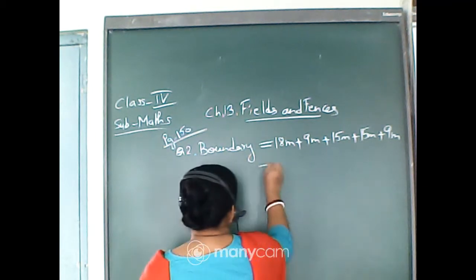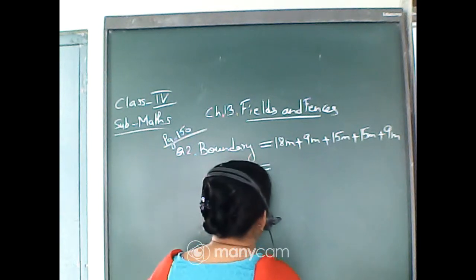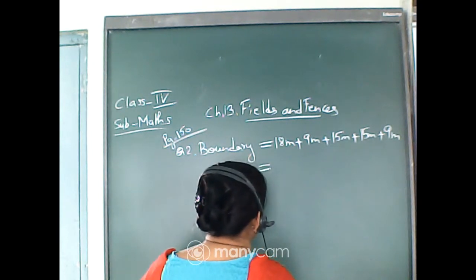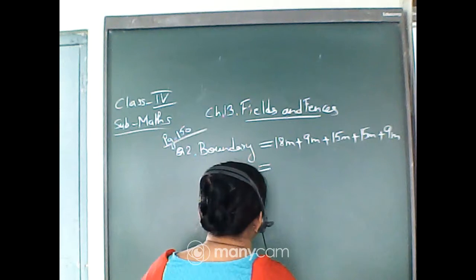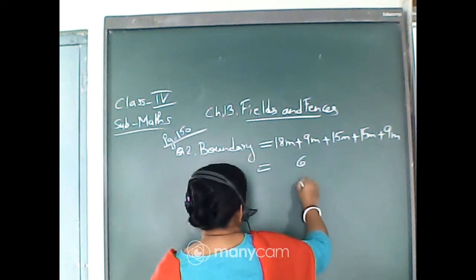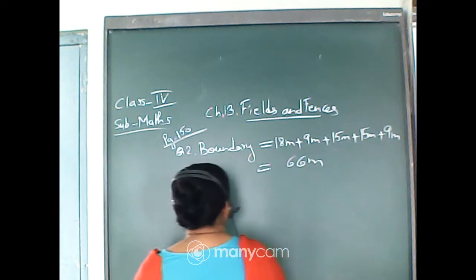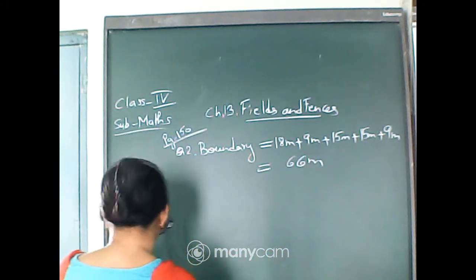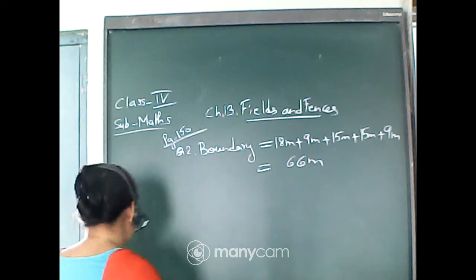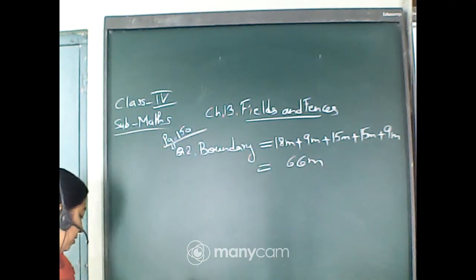So add it. By adding you will get 66 meter. Okay, so by adding we are getting 66 meter as the boundary of Ganpat's field, or the perimeter of Ganpat's field. Now how much more does Ganpat need? So the same thing you will write. You have to find how much more wire Ganpat needs. So you will write